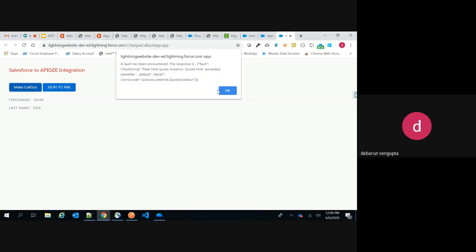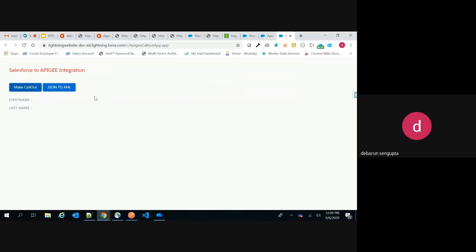So now if you remember, when we were doing the demo, we were seeing that fault exception and all those policies that we have configured. For this particular endpoint that we are doing a callout, we have configured a fault exception, and specified a limit that only 3 requests should be allowed in a 1 minute duration. Since I'm doing a callout more than 3 times within 1 minute, it is prohibiting me from doing the callout. The request itself is blocked, and it is showing me the error that a fault exception has been encountered.